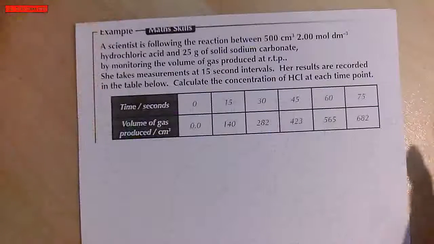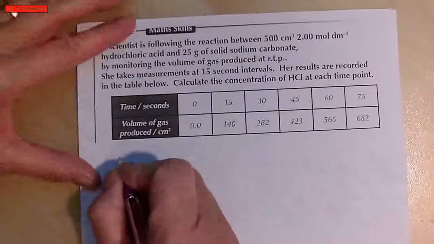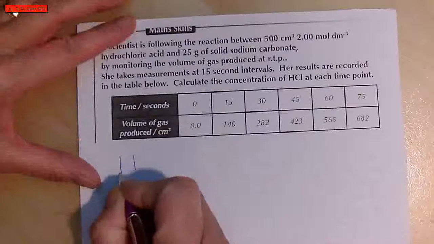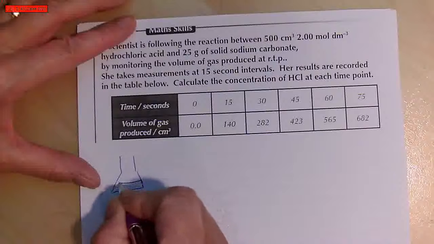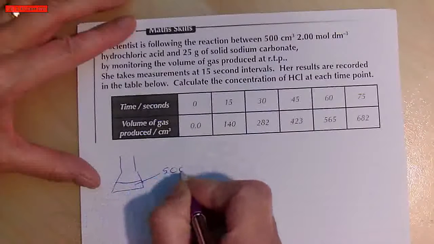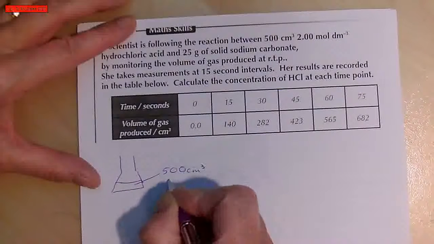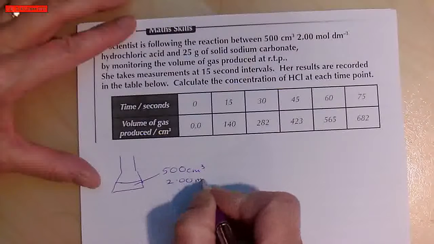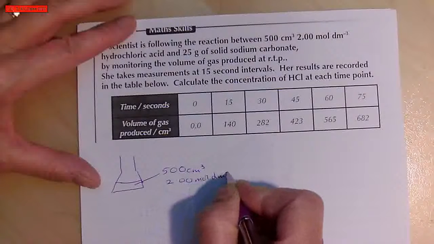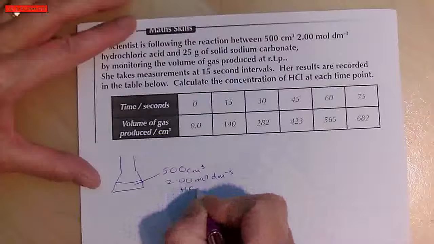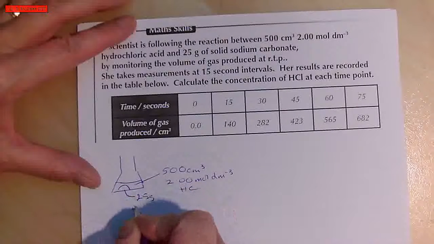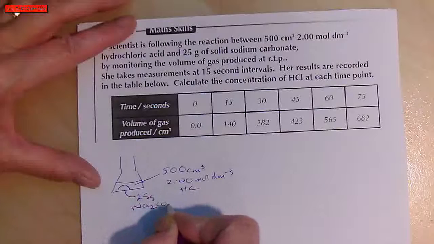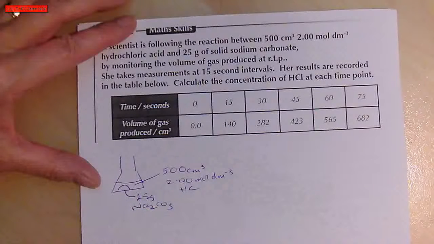So this problem is where we have 500 centimeters cubed of 2 molar hydrochloric acid, and in there we've got 25 grams of sodium carbonate,